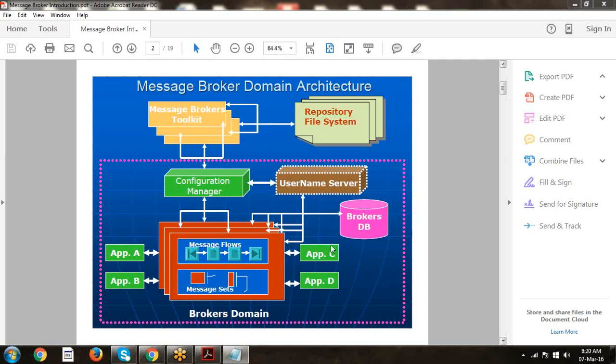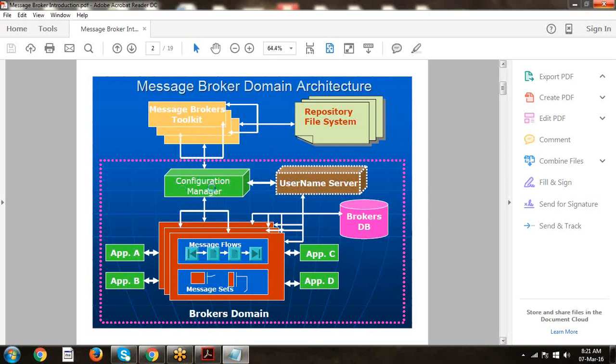Up to version 6, we have the Message Broker Toolkit, a component called the Configuration Manager, a component called the User Name Server, and a component called the Broker Domain. Basically, broker is a runtime environment. From version 7 onward, under a broker domain we can create a number of brokers.